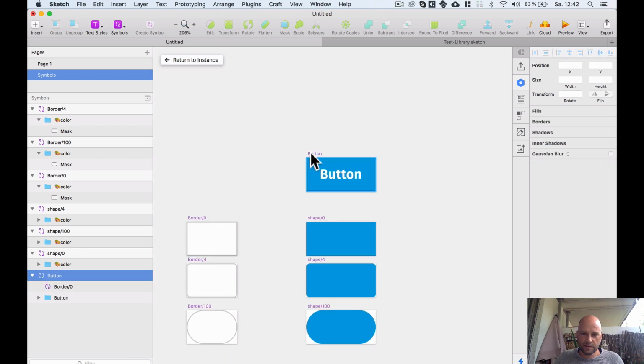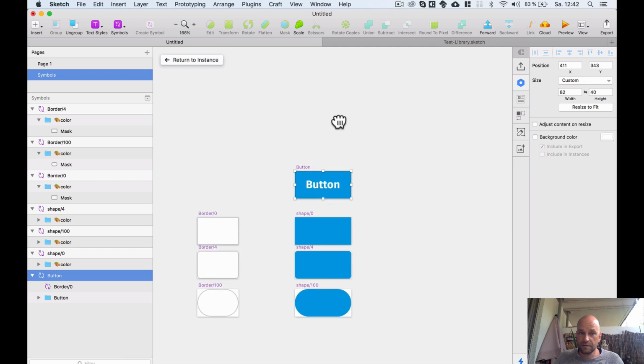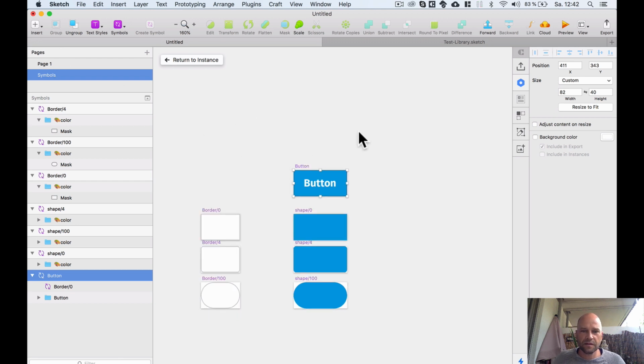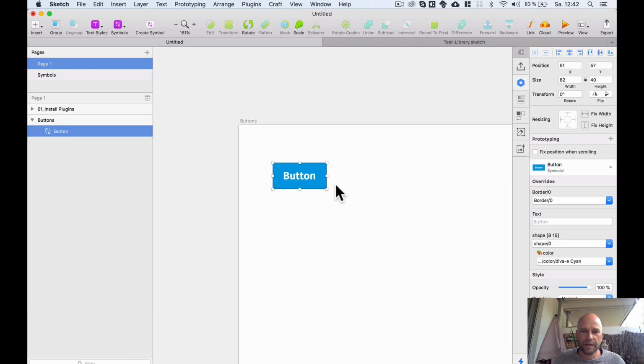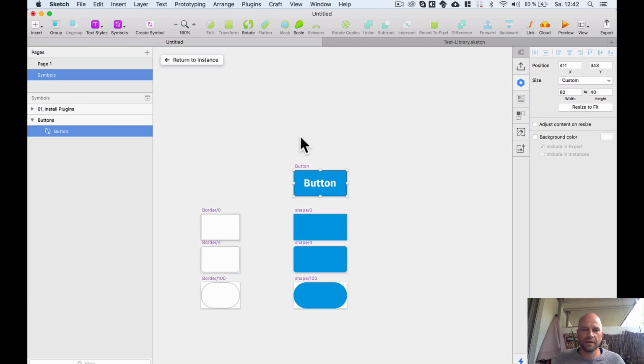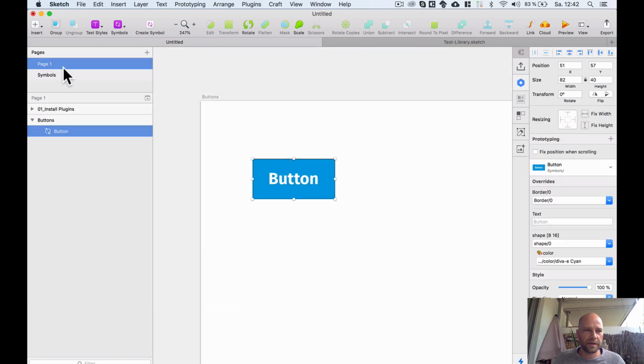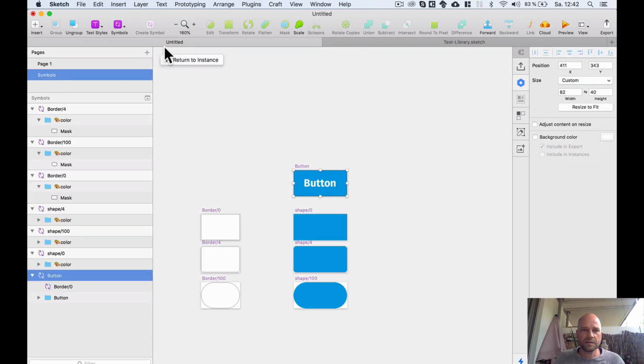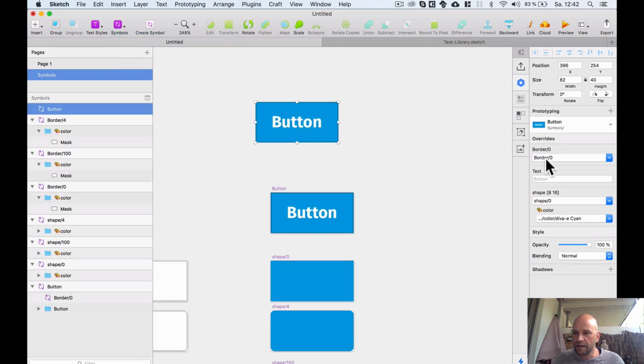And what I do now is I will test it here again if it works. This is one thing I always do. I test my symbols directly on the symbols page and not on the page here. This is one click less for me, not to go on the page and go back to the symbols. For this I just import my button here, and I can see, okay, I have the border here,